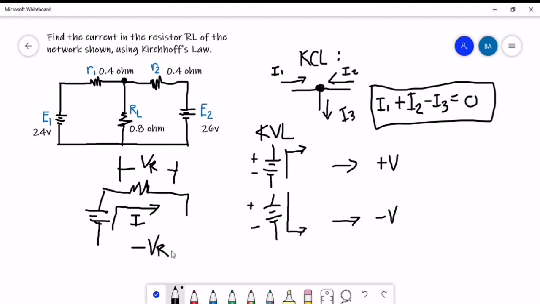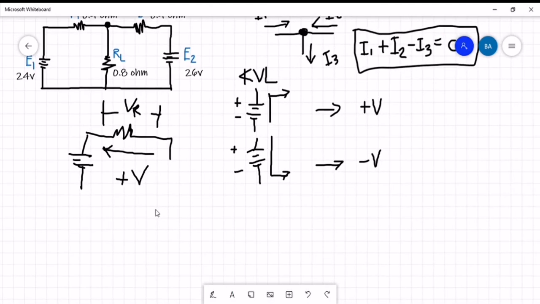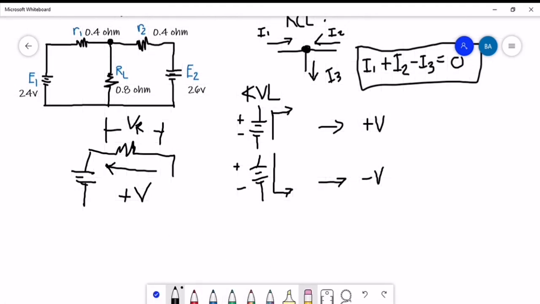Okay, negative sign. But if the loop has an opposite direction as the current in the source, so if the loop is going like this, then you can have a positive voltage. So that's how you are going to interpret or analyze a particular circuit using Kirchhoff's law. Okay, so let me erase this one. Okay, so in our problem, we have,